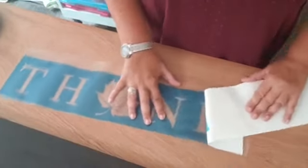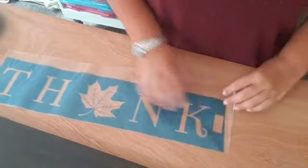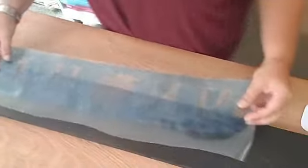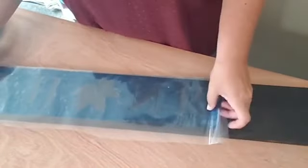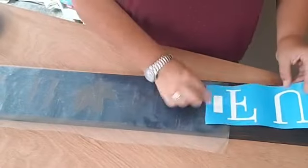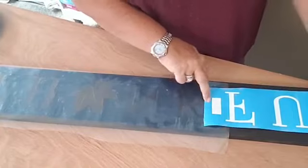Now, one of the reasons that I put the registration mark at the end here is because you can only cut 12 by 24. I did it on a mat, so I can only do it 12 by 24. If you have a roll feeder, you can make it bigger or longer and cut it. But I didn't have that with me today, so I added a registration mark here and one here so that I can just lay it right on top, and my letters are still going to be spaced correctly apart for the rest of the